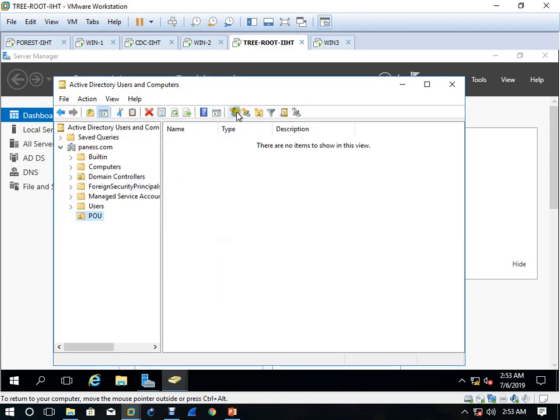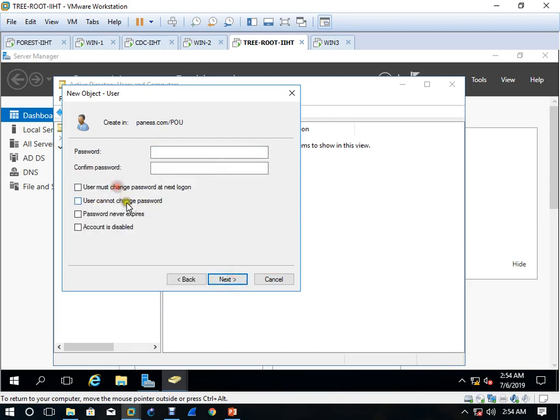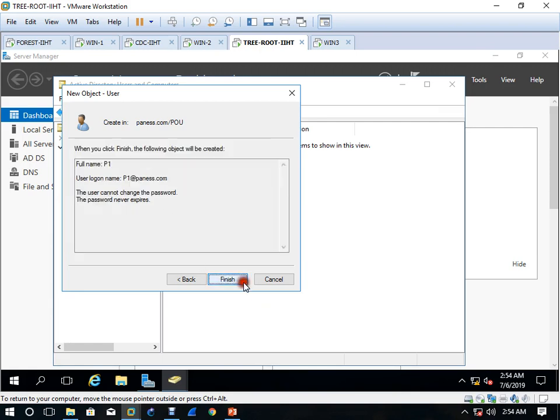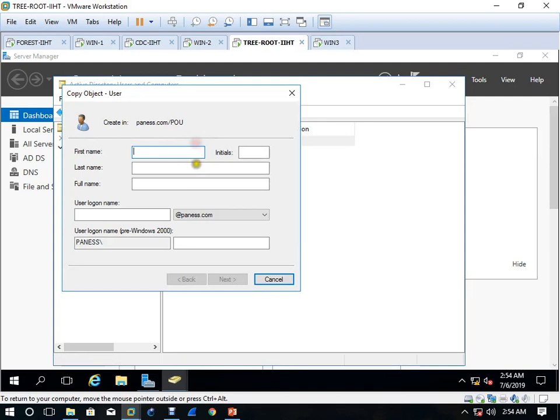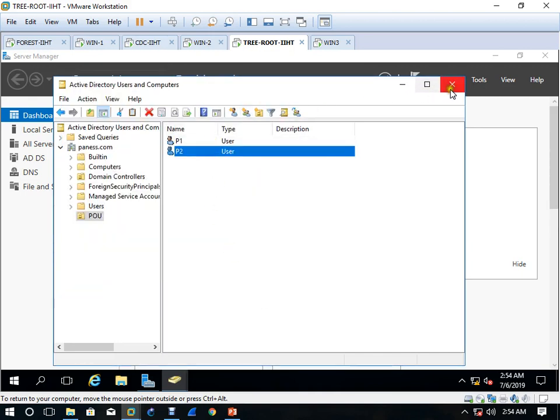In this you can create a user like P1. So let's have another user, P2. Finish. Now we have to add this machine to this tree domain.